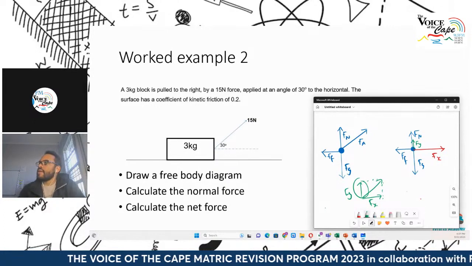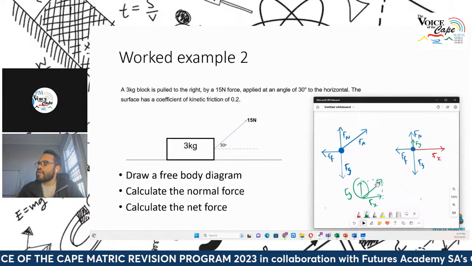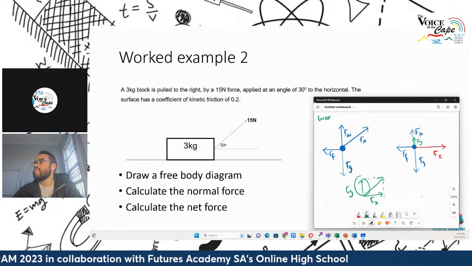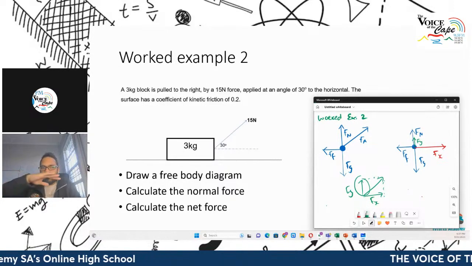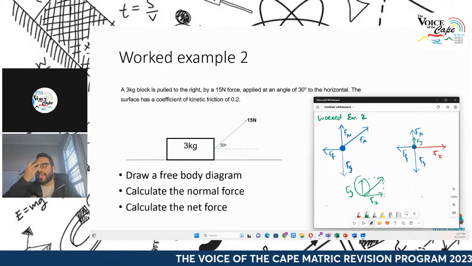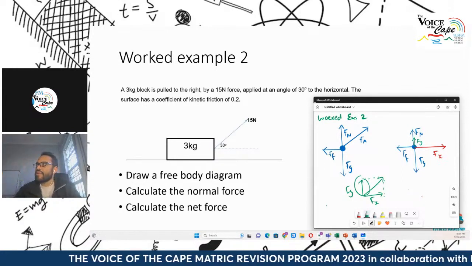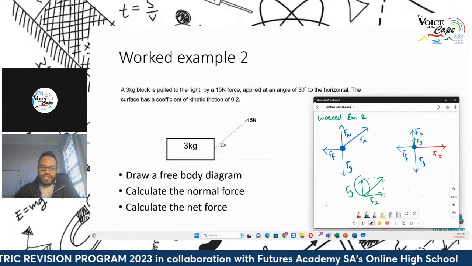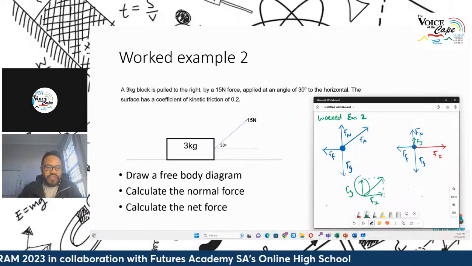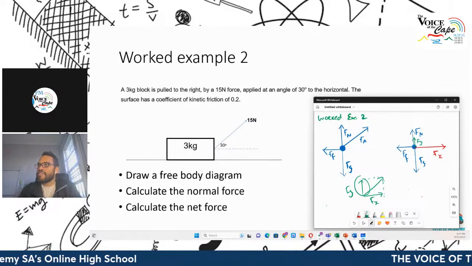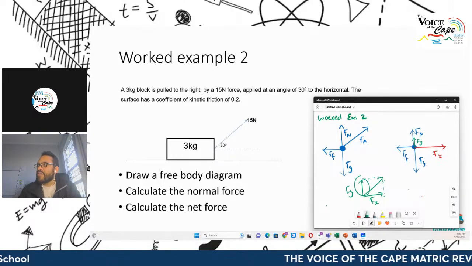Okay, now, here's an example. If this object does not move up or down, right? So remember, this is still worked example 2. This object is not moving on that surface in the vertical plane. It's moving left and right. In fact, in this case, it's moving to the right. So because it's not moving up and down, the sum of Fn and Fy must equal F little g, okay? The sum of Fn and F little y must equal F little g.